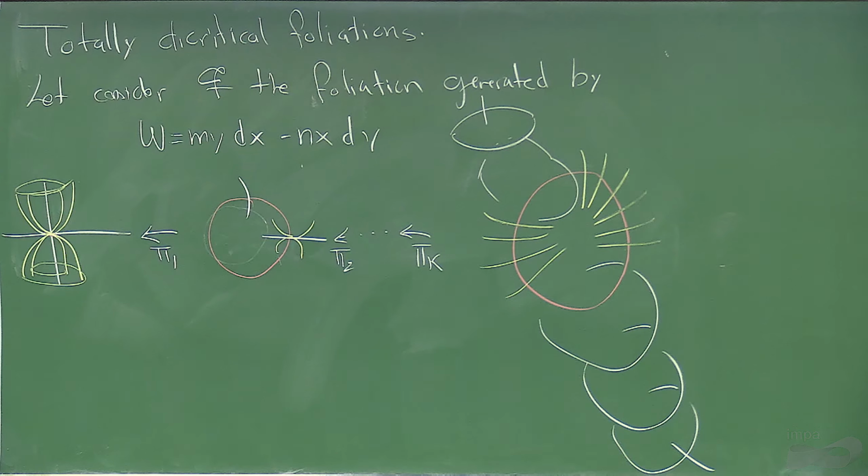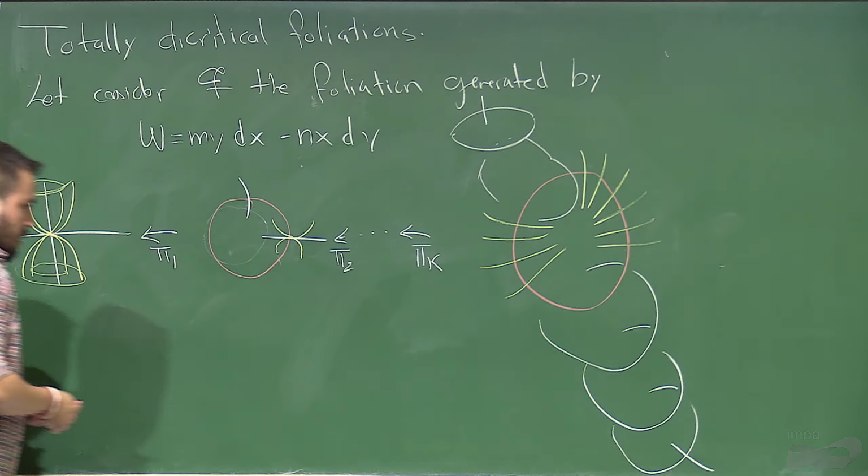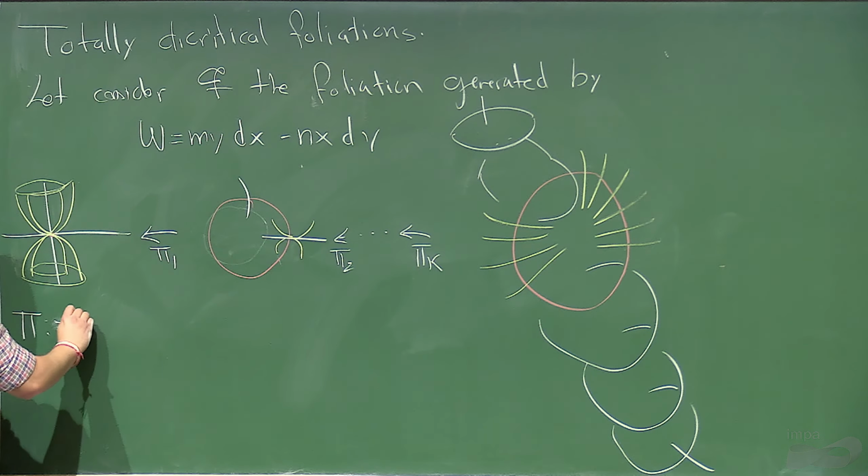Okay? So all the leaves have transversality. So P is the composition of these blowing ups,